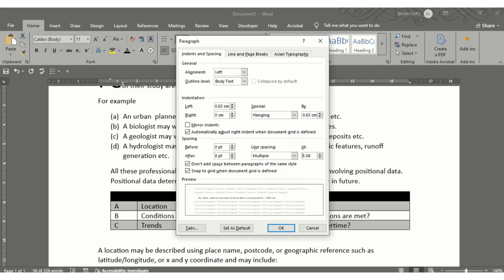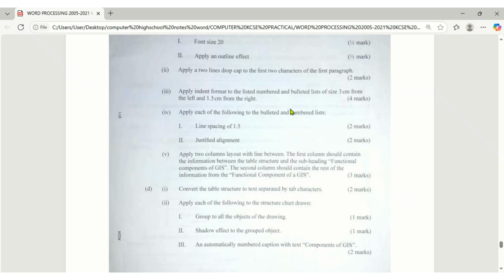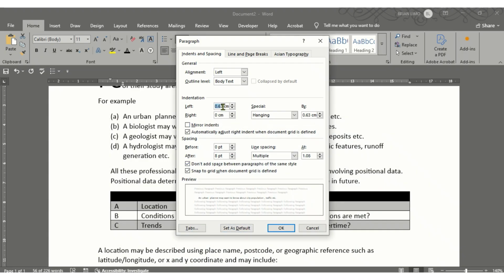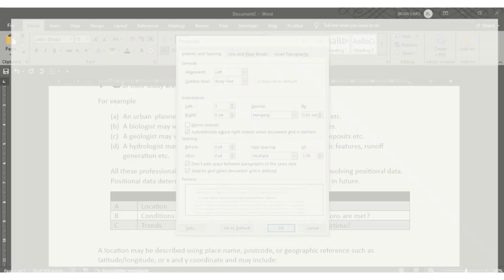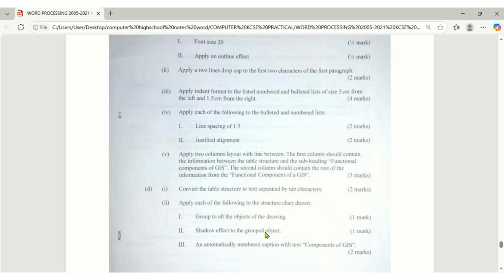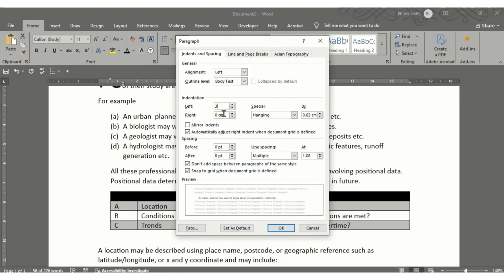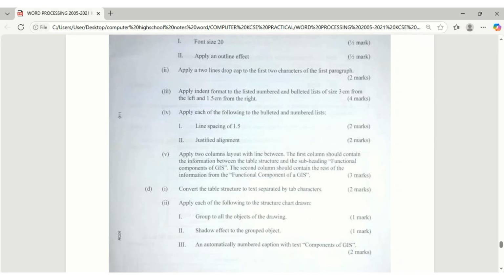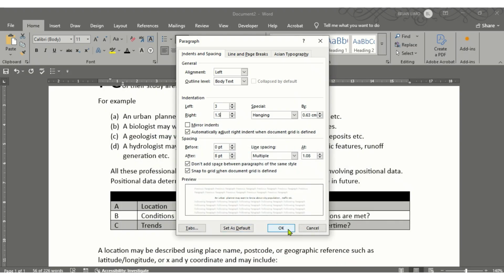Indent, you are being told to do what? Apply an indent format of numbered and bullet of size 3 centimeters from the left. 3 centimeters from the left, so here I set it to be 3, and 1.5 from the right. 1.5 from the right, like that. So just press OK,